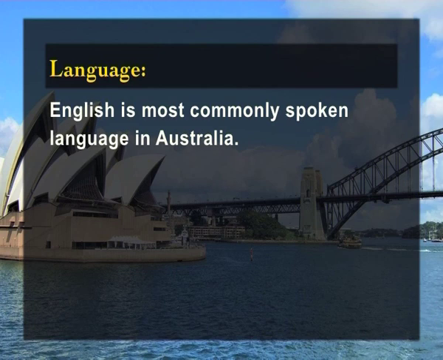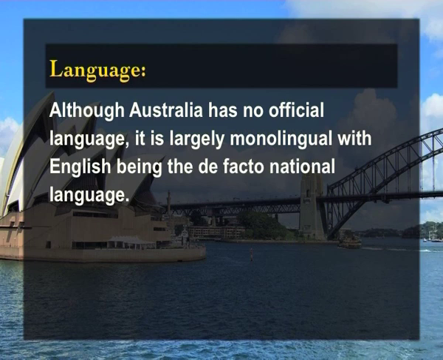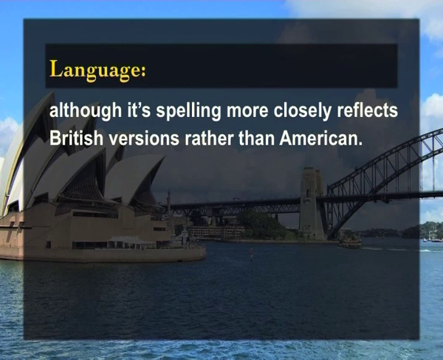English is the most commonly spoken language in Australia. Although Australia has no official language, it is largely monolingual, with English being the de facto national language. Australian English is a major variety of the language which is immediately distinguishable from British, American and other national dialects by virtue of its unique accents, pronunciations, idioms and vocabulary, although its spelling more closely reflects British versions rather